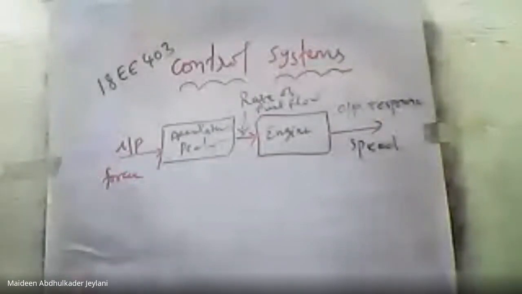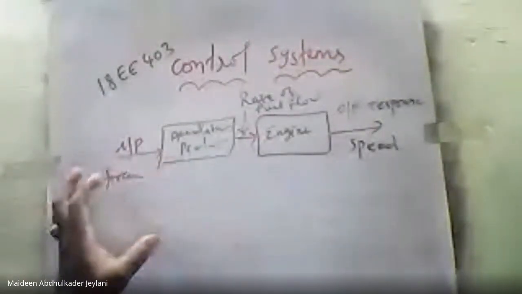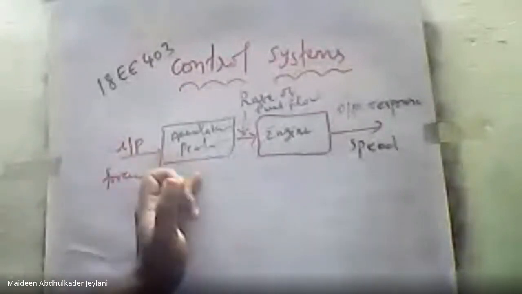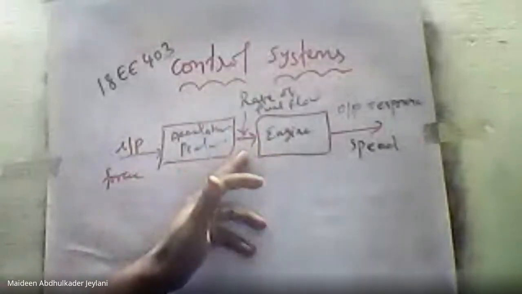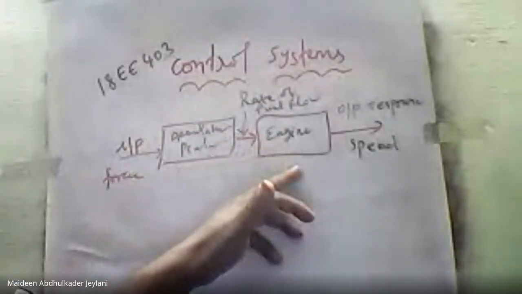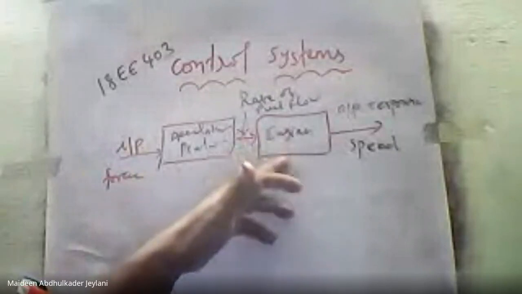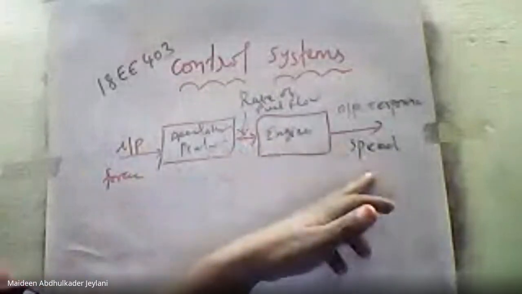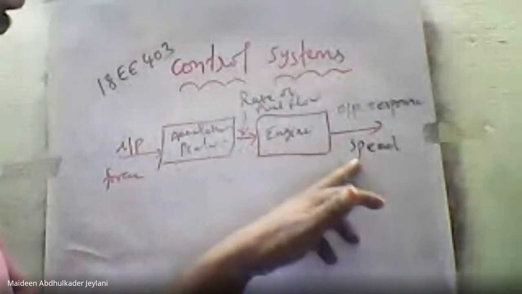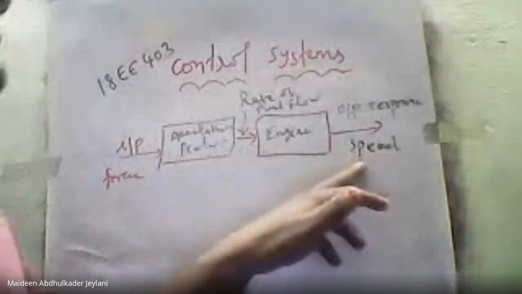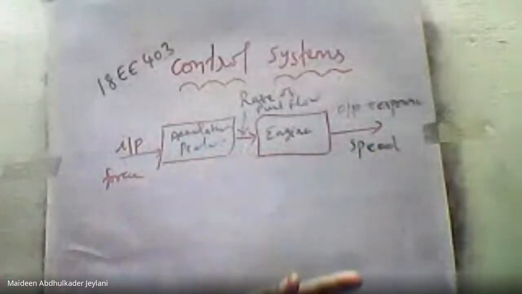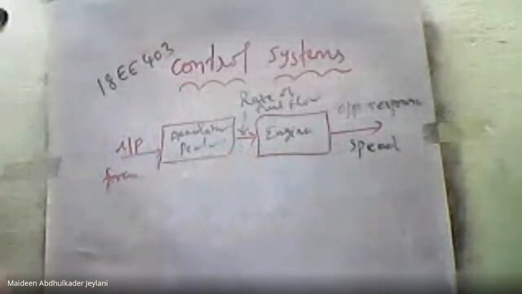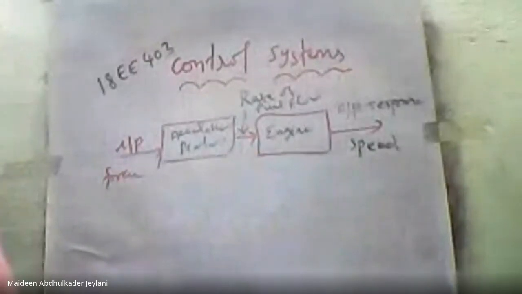Am I right? So your input for the system is force on the accelerator pedal. Based on the force on the accelerator pedal, your rate of fuel flow is going to vary to the engine. Based on the command given to the engine, the speed of the vehicle is going to vary. You will get the variable response or a constant speed based on your input. Am I right? Clear. So this is the best example for your open loop system. In the same way,